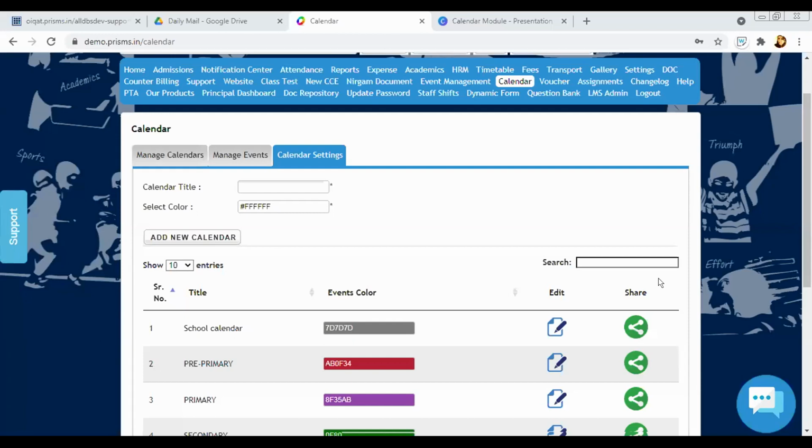See, this is optional. This is just an option we are showing. Earlier, what schools normally used to do was have a calendar, but you wouldn't put small things in the calendar. Suppose there's a fancy dress for playgroup or some small event, you wouldn't put it in the school calendar. But here, if you want, it's optional. You can just have one calendar or you can have multiple calendars. It's just up to the school. They have to decide.